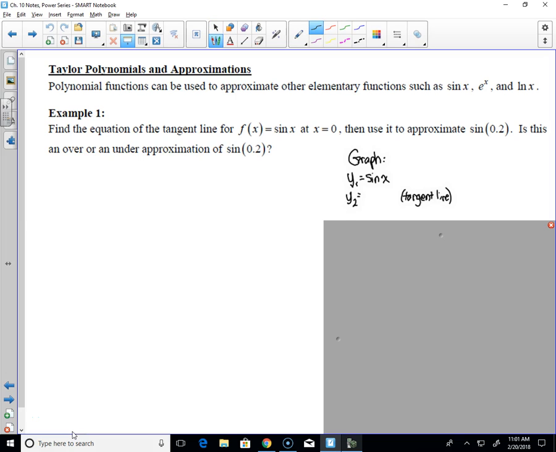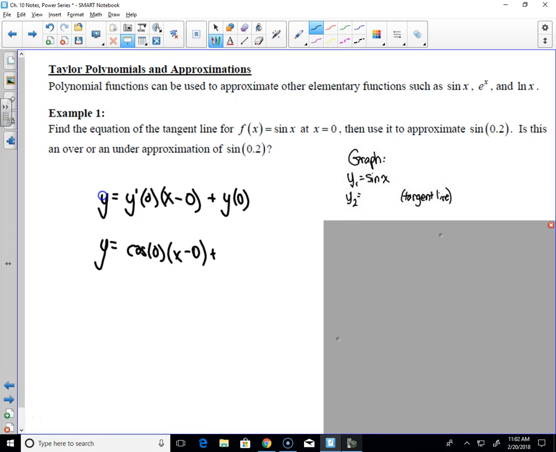To make a tangent line, we do y equals y prime of 0 times x minus 0, plus y at 0. Because y minus y1, I need to add the y1 over there. So then y is equal to the derivative of sine, which is just cosine of 0, and I have x minus 0,